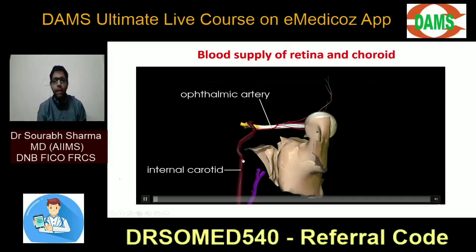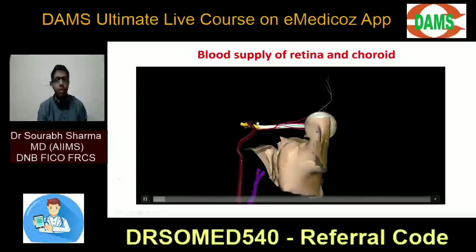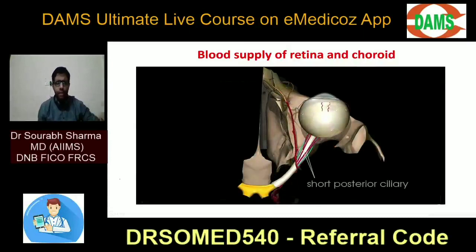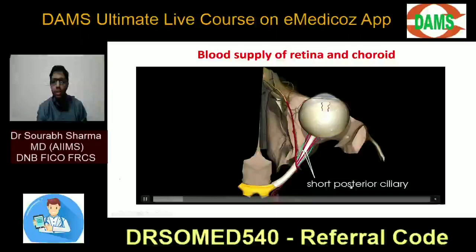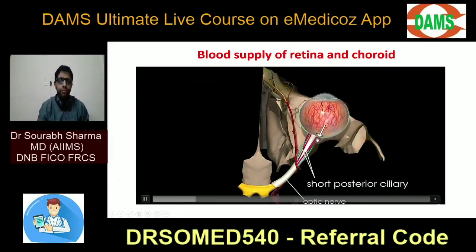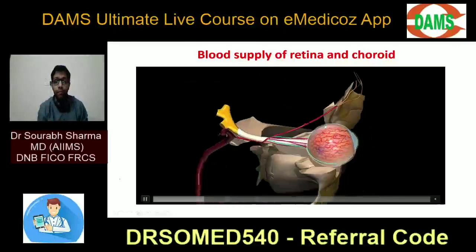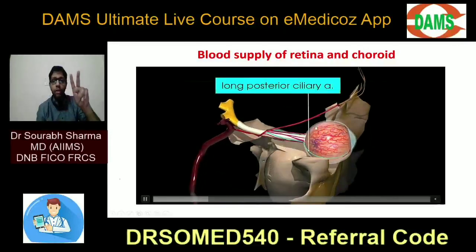See, the major blood supply is given by the internal carotid artery, whose branch is the ophthalmic artery. The ophthalmic artery gives many branches: anterior ciliary artery, posterior ciliary artery. Posterior ciliary can be short posterior ciliary. Short posterior ciliary, mostly they supply around the optic disc. If there is short, there has to be long as well. See these two green. There are only two long posterior ciliary arteries, which go ahead into the anterior part of the eye.